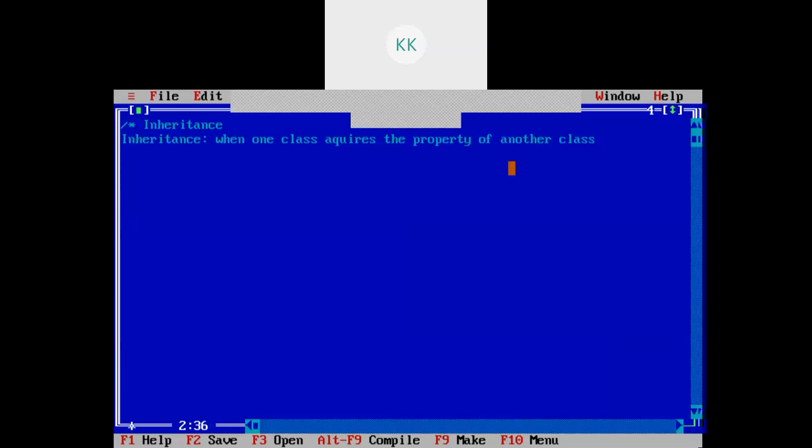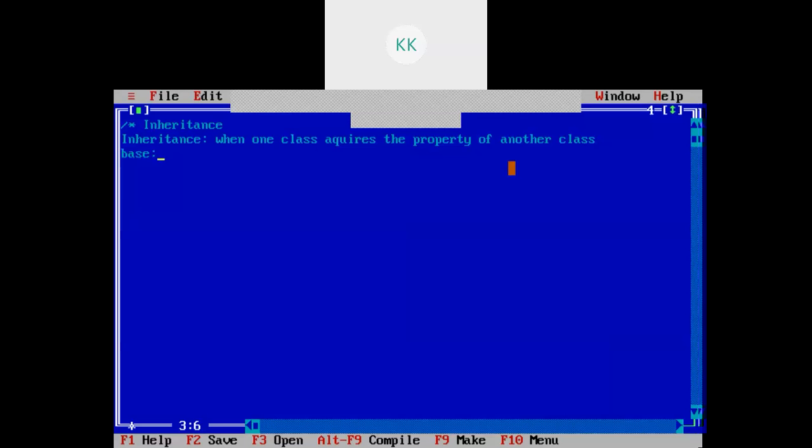You can consider one example. In our family, we inherit something from our parents, right? So parents will be your base class, and you will be a derived class, right? So in inheritance, we have a base class.